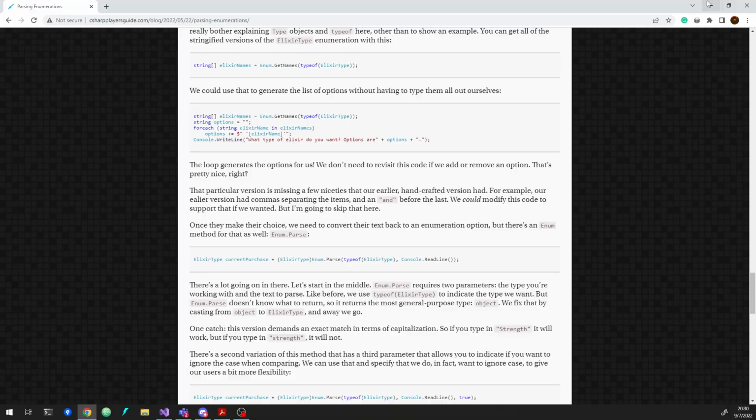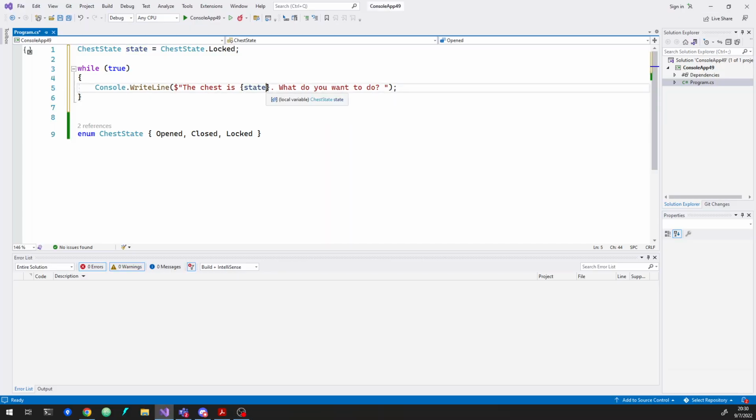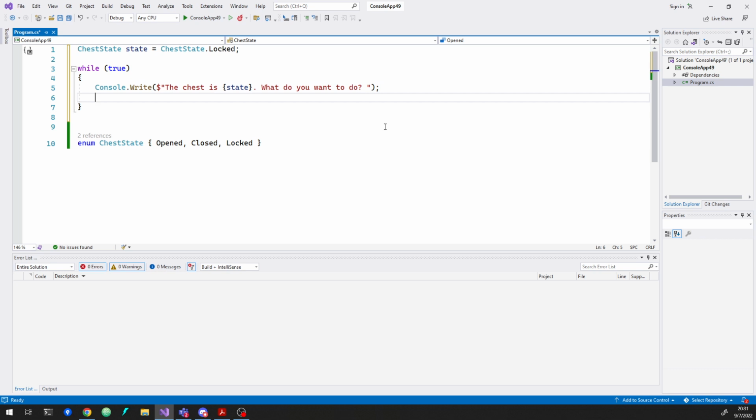So, all right. So the chest is whatever the state is. What do you want to do? And then I wanted to change this to just be Write, so that the input is on that same line. And then we'll do Console.ReadLine to get what their response is, and store it in this choice variable. And I'm going to just run it like that right now. We haven't done the hard part yet, but